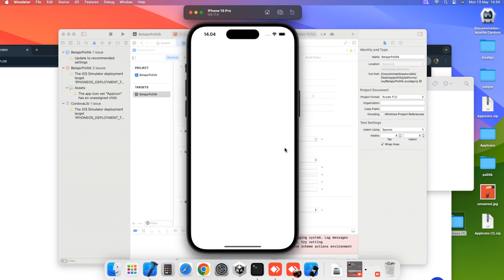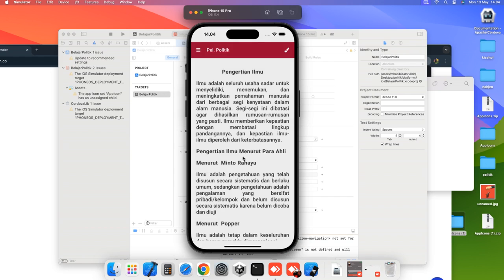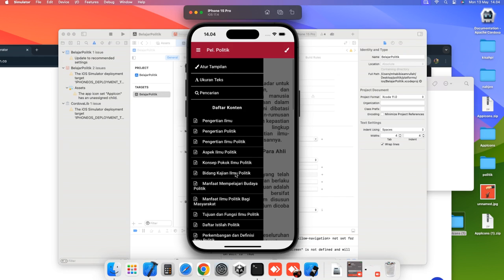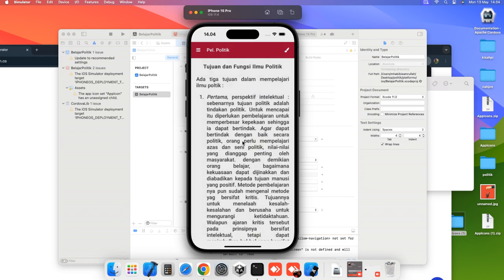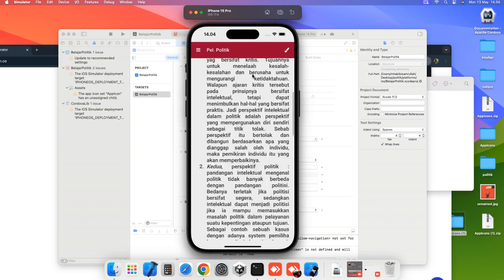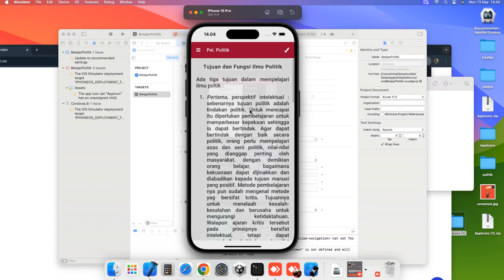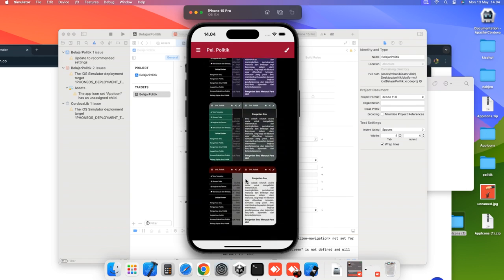Just wait for a moment. Okay, it is running here. You can navigate around. You can change the theme.